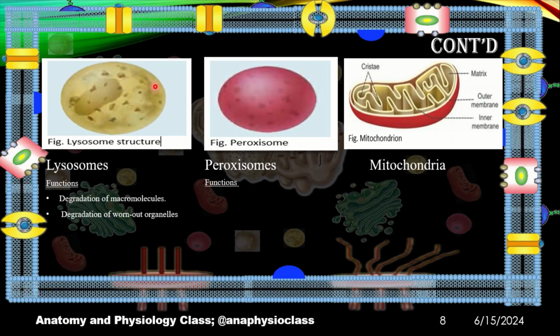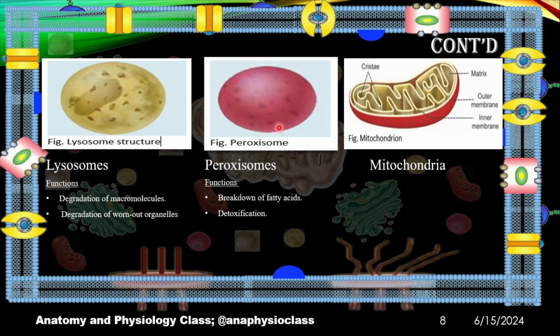Then peroxisomes. Peroxisomes are also bounded by a double membrane, and the functions of peroxisomes include breakdown of fatty acids. So fatty acids are broken down, or further digested, by the peroxisomes. Detoxification is also a function of